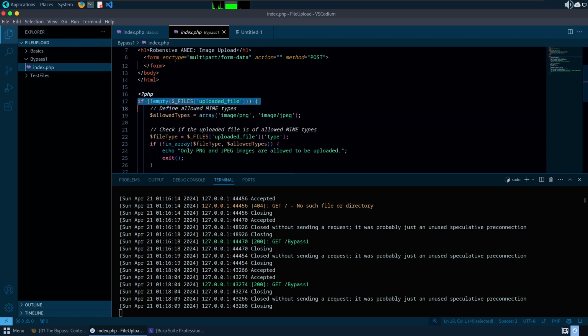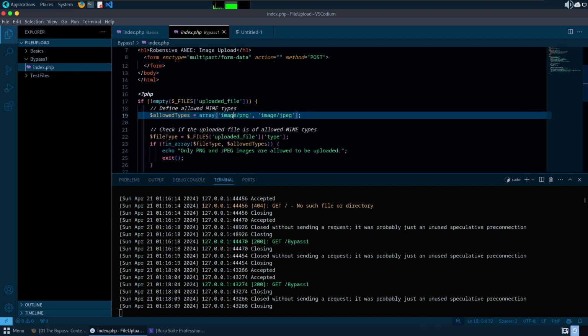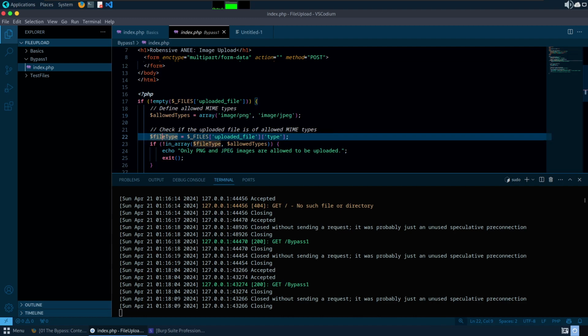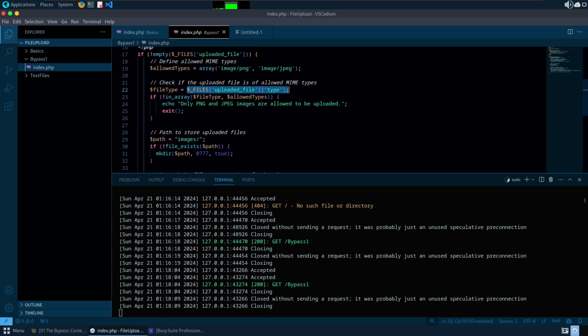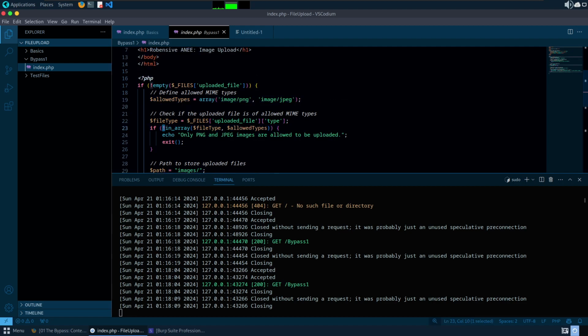For example, it will first check if there is a file uploaded, and if there is, it will check for the allowed types. It will require image/png and image/jpg as formats. Basically, those are the image formats that it requires. Second, it will check the file type. It will add a variable, that is file type, and it will get whatever the type of the uploaded file is. Now if it is within the array of these allowed file types, then it will proceed. If it is not the case, because you see here it has this exclamation mark,